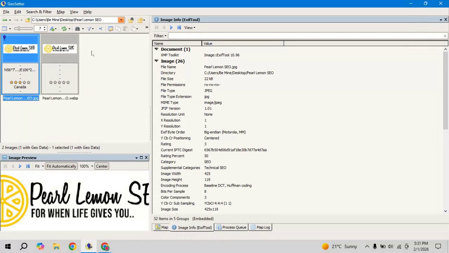So yeah, this type of small optimization mostly adds up in our rankings and further stuff. So follow this